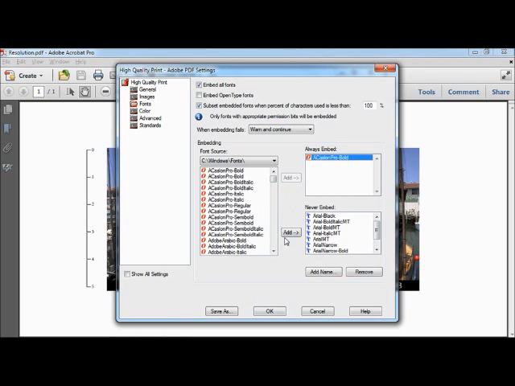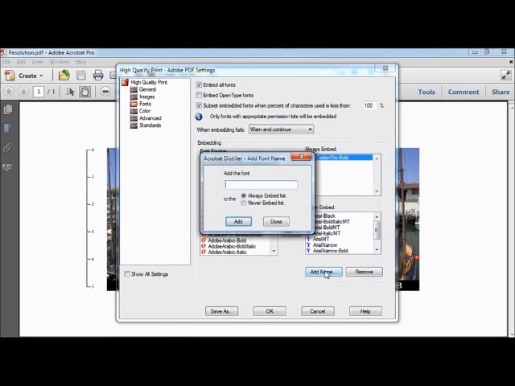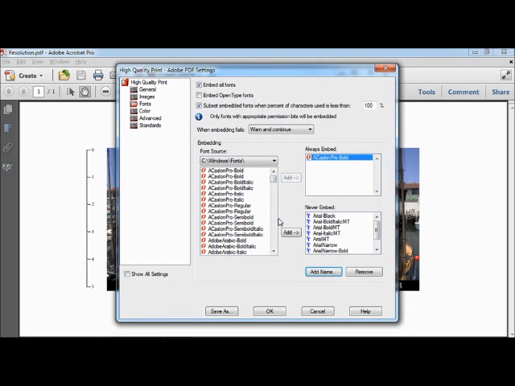If a font doesn't appear in the font list at the moment, you can add the name of the font by using this button. This can include fonts that are activated automatically when a file is opened. If you're finished making changes, go ahead and click the Save As button to create your new custom standard. Otherwise, keep this dialog box open and proceed to the next lesson, and we'll explore how Acrobat works with high-end